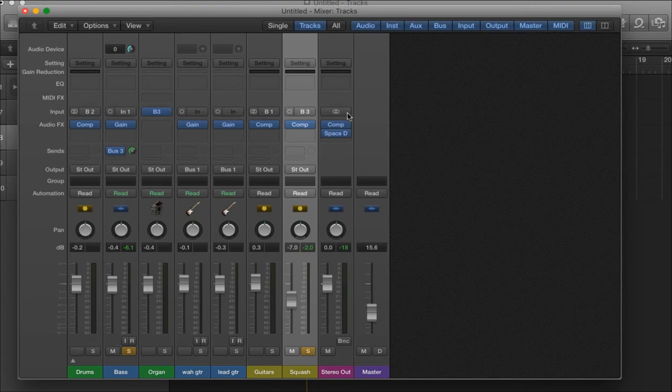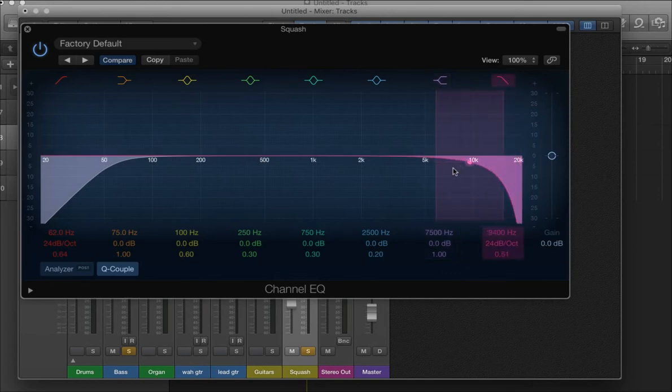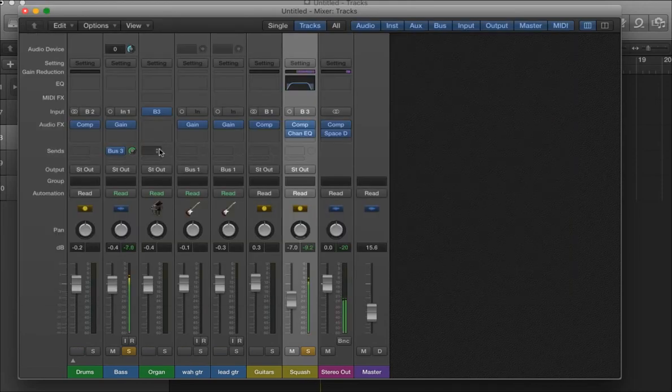Now, a trick called New York compression is to do that and then really pull out the highs and lows and just have the middles compressed. Okay. Now, once you're done all of that,